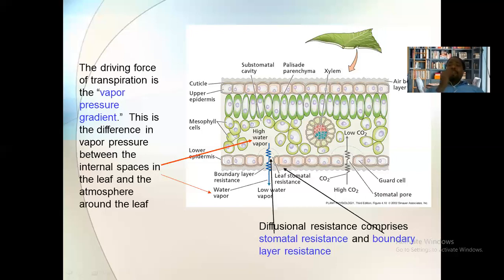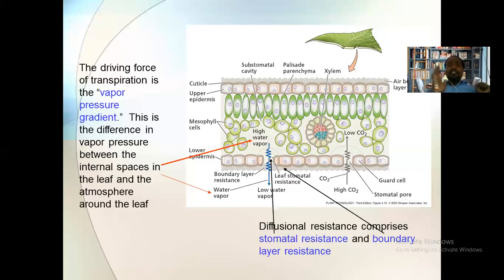Now, what actually takes place in the first step? Whenever there is a lesser amount of water in the surrounding mesophyll cells and the intercellular spaces, at that time the water is drawn out of the xylem from the vascular bundle of the leaf, isn't it? So the water is drawn out from the xylem of a particular vascular bundle of a leaf, and it will enter into the mesophyll cells and intercellular spaces.